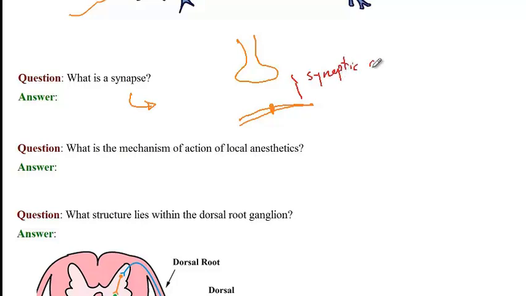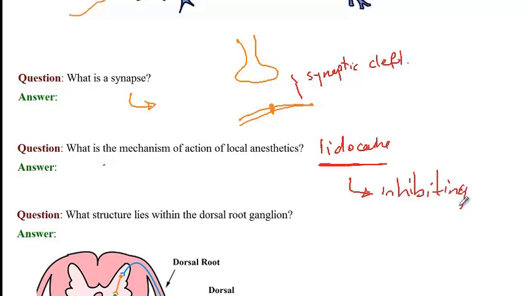cleft. What is the mechanism of action of local anesthetics? Like, for instance, lidocaine. How does it function? So basically, in order for these anesthetics to function, they have to inhibit initiation of an action potential. And so lidocaine, for instance, functions by inhibiting